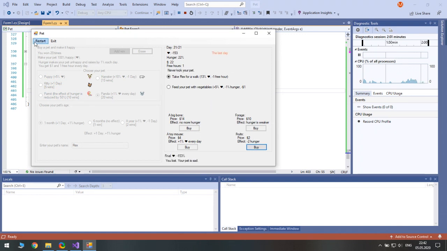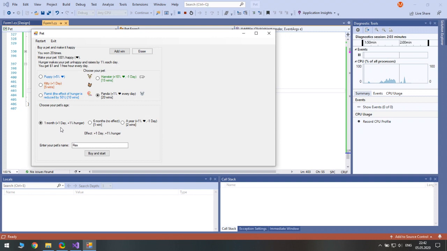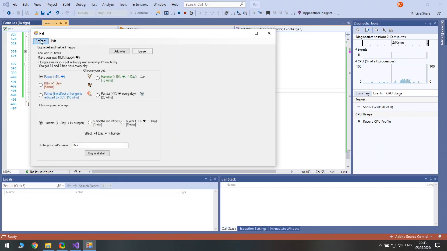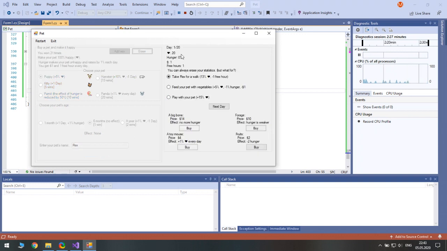Well, alright. Now, when we chose puppy, its happiness was minus 169. If we choose no effect, so no hunger but no day effect, 20 days, and yeah, that's right.